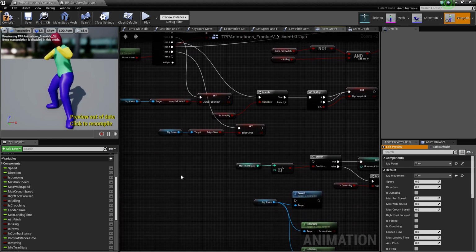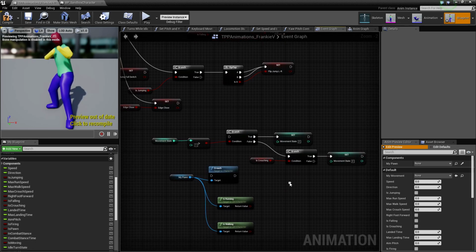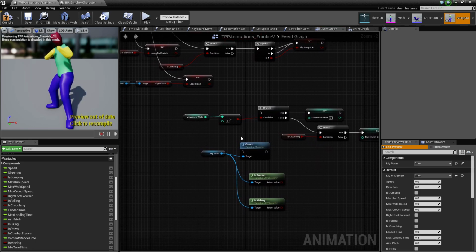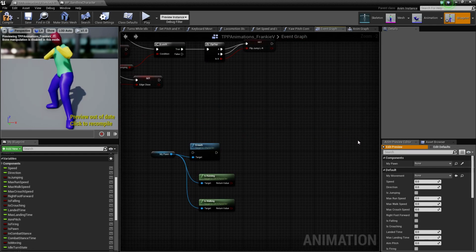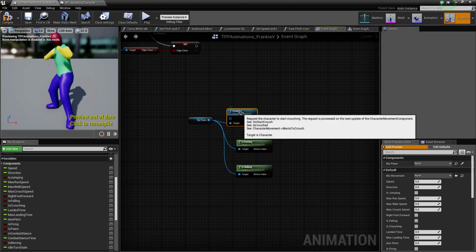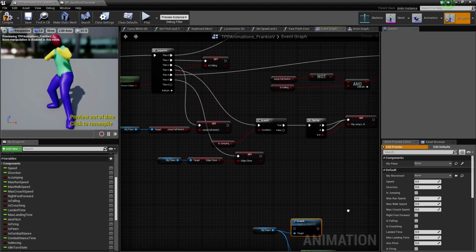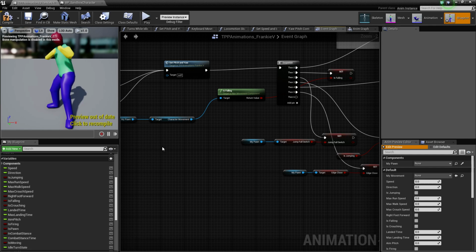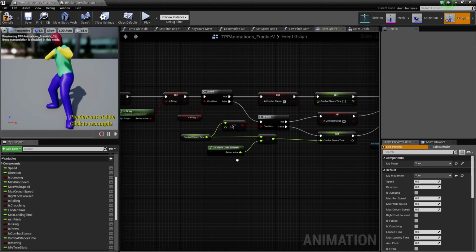So experimentation. Here we have a movement state that I just kind of threw in, crouching, just to set these variables up. This is just kind of junk that's left over, so it has no purpose. So obviously, by putting stuff into a variable, we can sample it anywhere within the event graph, without having to create